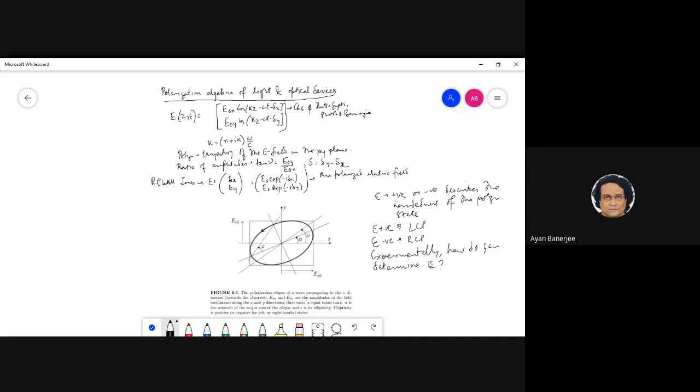See, if I have elliptically polarized light, epsilon gives you the characteristic of the elliptically polarized light. When it is 45 degrees, you have circular. When it is positive or negative, it gives you the handedness. So suppose I have a random epsilon for an elliptically polarized light. How will you measure that in an experiment?